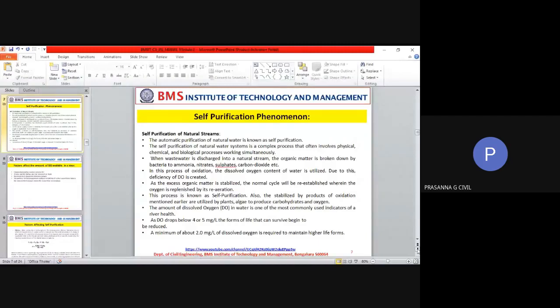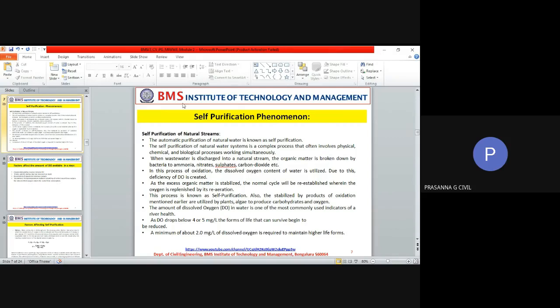But when wastewater enters into a natural water body, our natural environment itself is able to take care of this by various physical, chemical, and biological processes. That is the best mechanism that can happen when you are disposing. But what are we doing? We are not giving a break to that waste disposal. We are disposing more waste than what is actually flowing in the river or the stream, so that your lakes or rivers are unable to handle it. Otherwise, nature has its own mechanism to take care of all this.